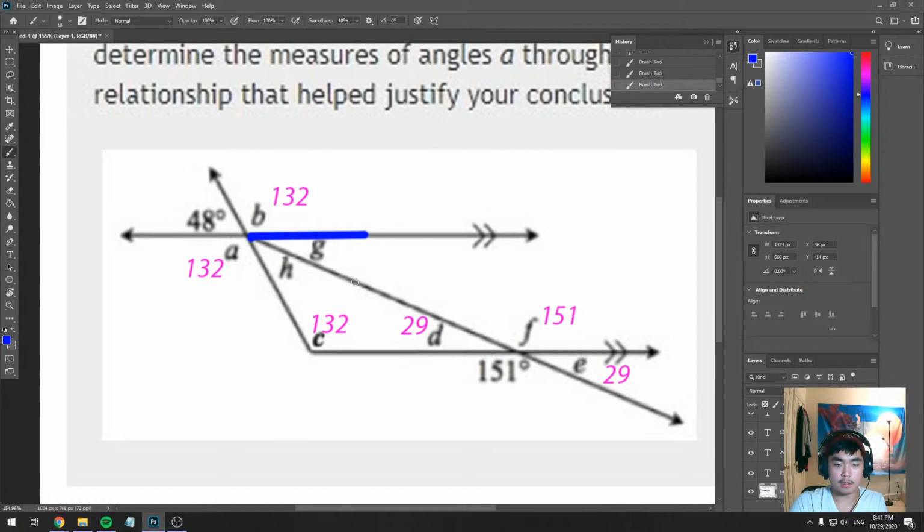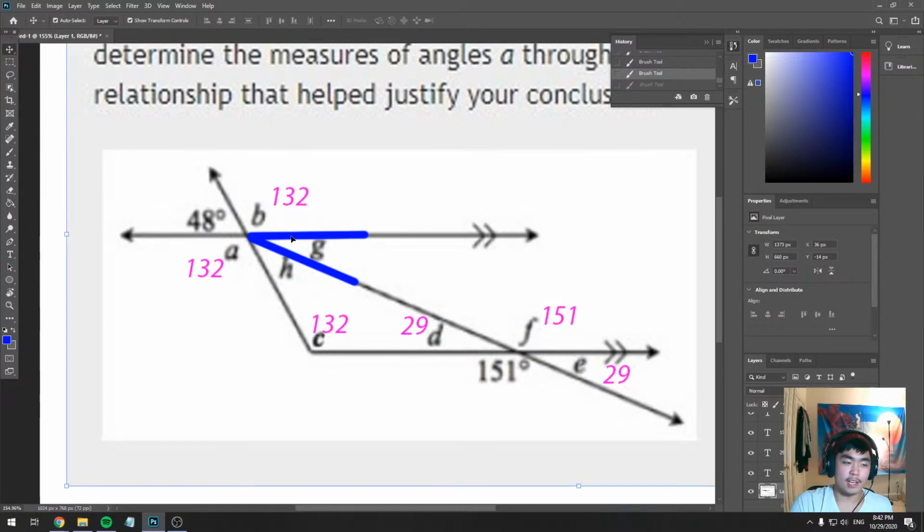So let's think for a sec. This one's a little bit tricky, but let's think for a sec, right? Whenever you have an angle that's on a parallel line, try to find where this angle would be on the other parallel line, right? So we have this parallel line, and the other parallel line is right here. So can I find this same angle on the other parallel line? The answer is yes, right? If I were to